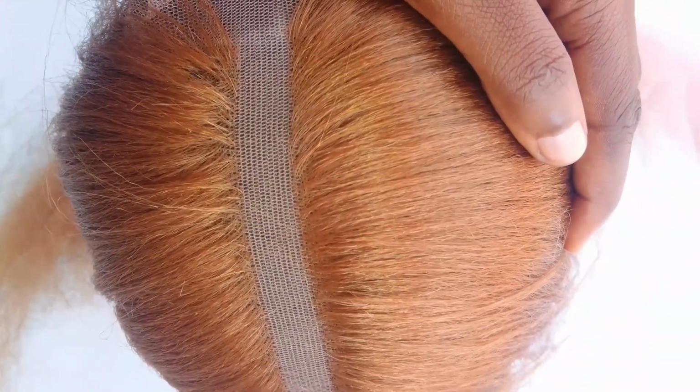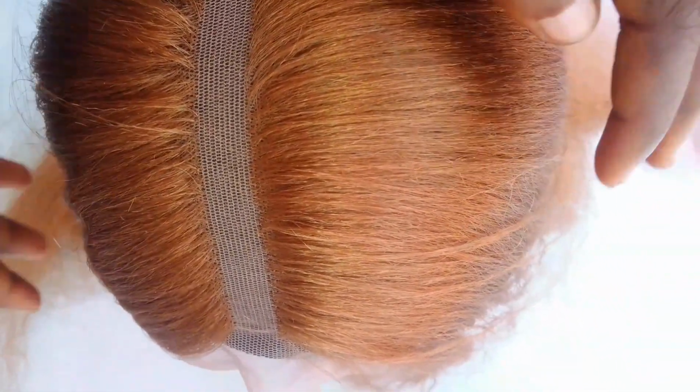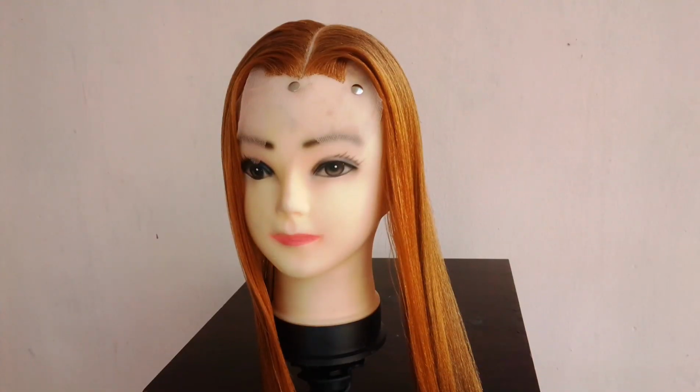So here's one mistake almost everyone makes when doing a closure. Usually when you get to the front, you're supposed